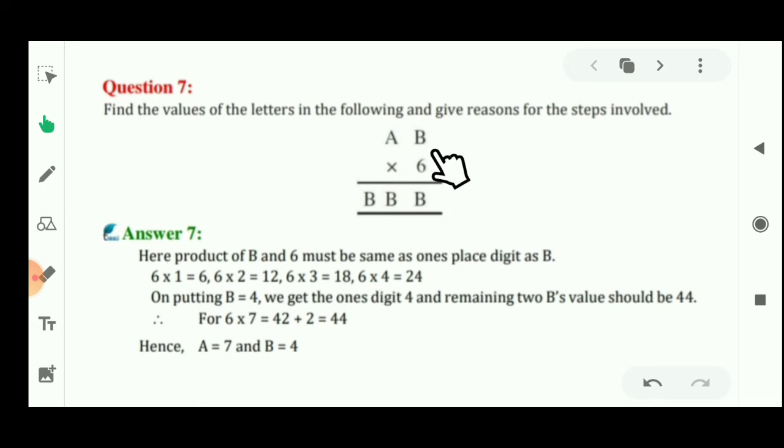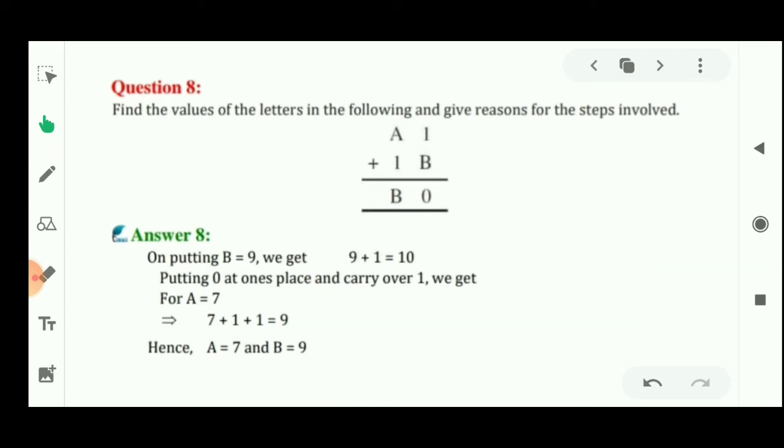Let's see the solution. If we put B as 1, 2, 3 and 4, then we can assume if we put 4 here, that means 6 fours are 24. You can see here 4 if we put here, and then 6 fours are 24, that means 4 is also here. And if we put 7 here, so 6 sevens are 42 and 4 is already here, 2 is here as a carry, that means 6 sevens are 42 plus 2, that means 44, that means 4 is again here, and 44 should be noted here, and 4 is going as a carry, that means 4 is again here. So what will be the value of B? B's value will be 4, and similarly what will be the value of A? A's value will be 7 here.